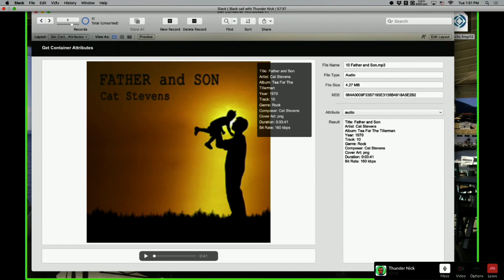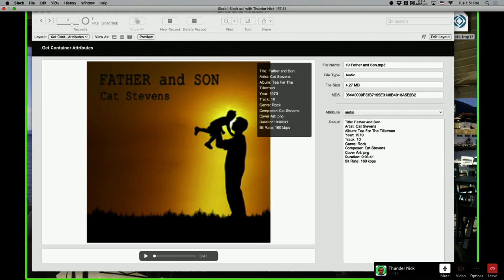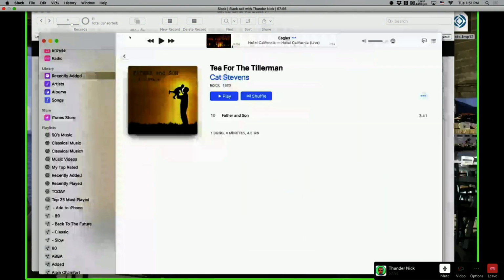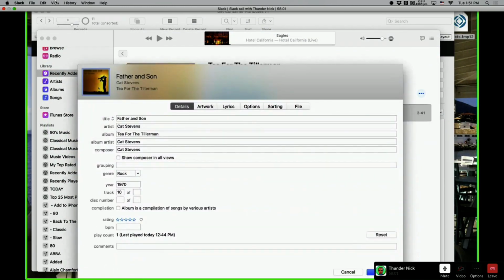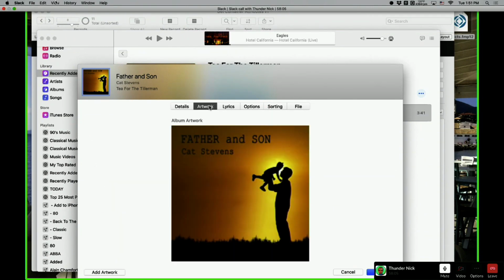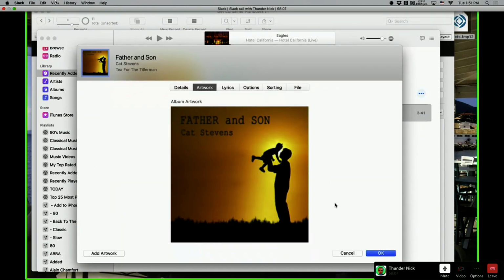It's when you have an MP3 file in your iTunes, for example. Let me bring iTunes because I just did that before. So let's go there. So you have the iTunes stuff here, right? And then you have the information, then you paste the artwork here. You have an artwork here. See? So FileMaker is capable of getting that.